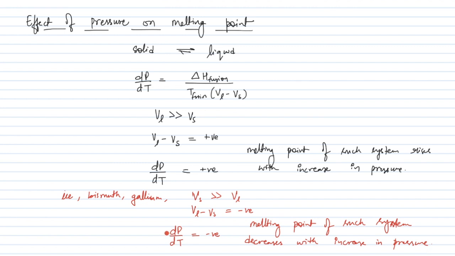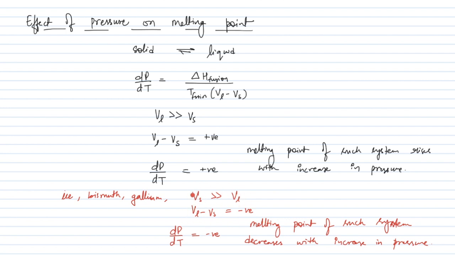So that's what it means. It means that for such systems in which your volume of liquid phase is greater than volume of solid phase, like sulfur and wax, there are a lot of systems where the volume of liquid phase is greater than the volume of solid phase. So over there, your melting point will rise with increase in pressure,